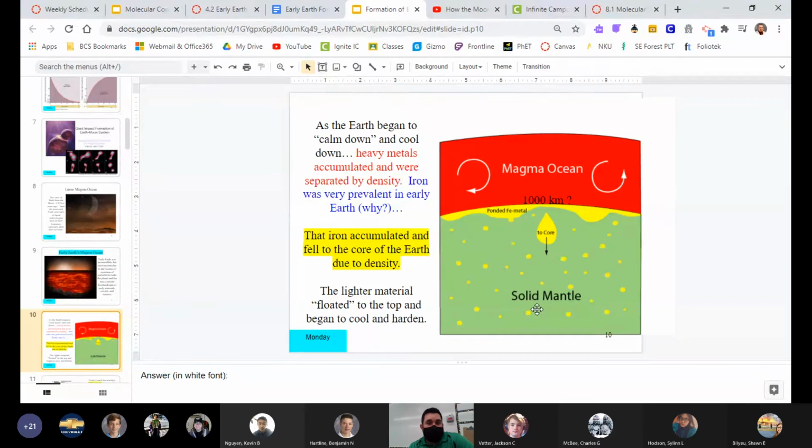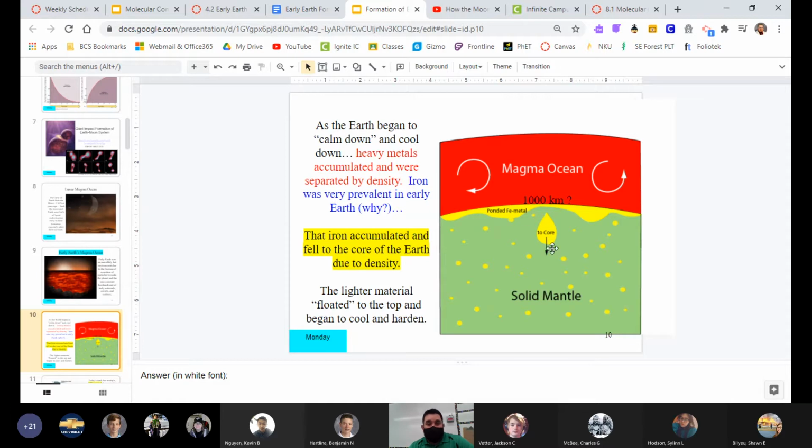So the really, really dense stuff is in the center, and then it gets a little bit less dense, a little bit less dense, and then eventually the least dense material is floating on top, just like a cup of water or a bowl of soup or whatever else. Okay, got your liquid in there, and the interior of Earth is a liquid formation, a liquid rock. At the bottom, your heavy vegetables and stuff like that sink to the bottom, and then your light veggies and stuff like that float on top. It's the same type of idea here.